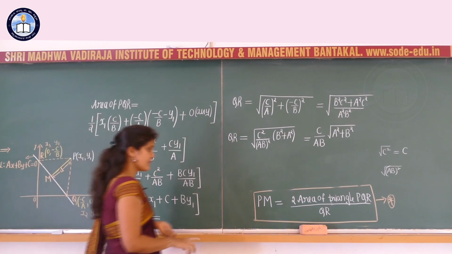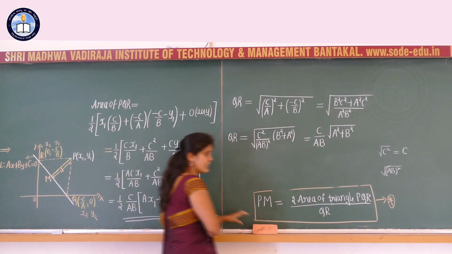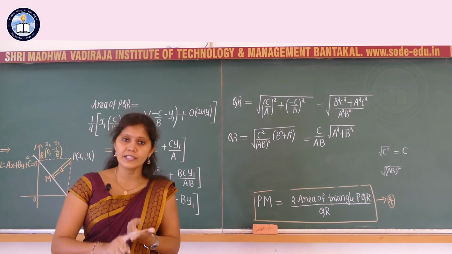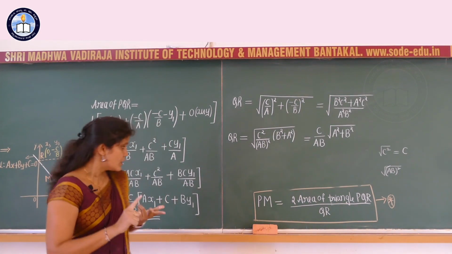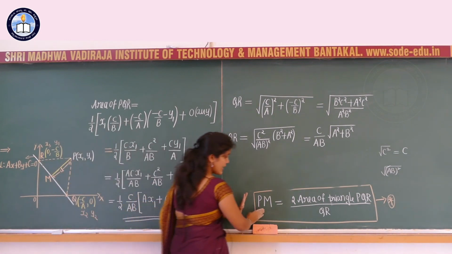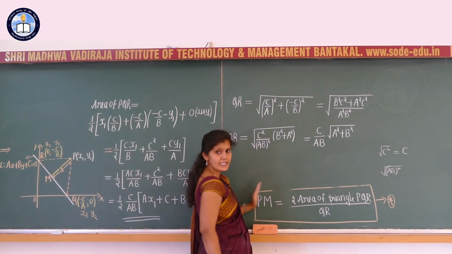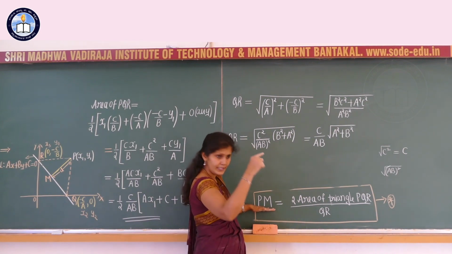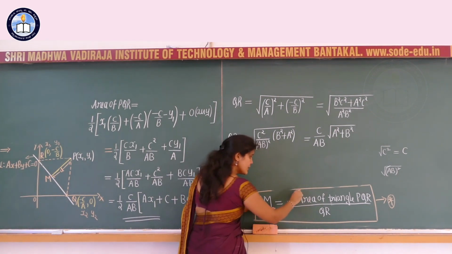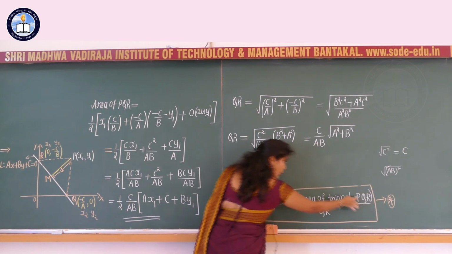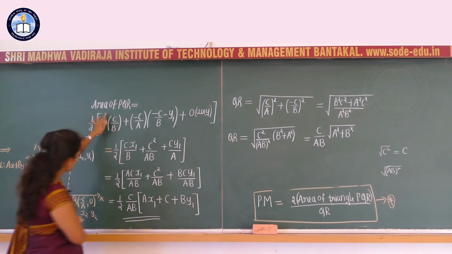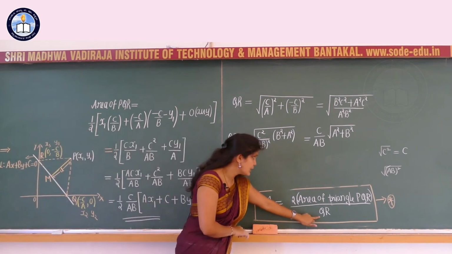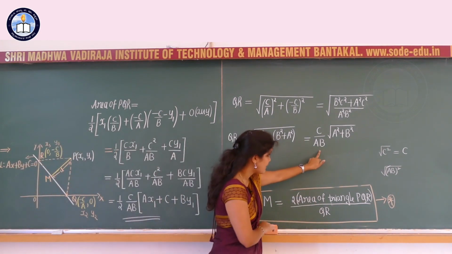Now here we have completed. Initially we have written the introductory part for the diagram. After that you should find the coordinates of the points Q and R. Next we have written the area of the triangle. By considering the area of the triangle, I can say that PM, the distance between the point and the line, gives this formula. Next we have written the area of the triangle PQR, this answer. And QR is equal to this, which is the final answer.